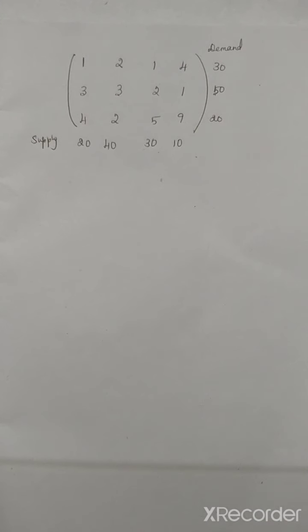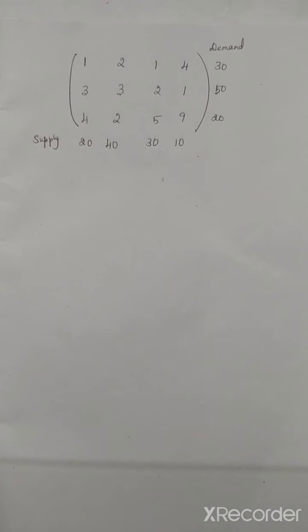In that row or column you have to choose the smallest element. Compare the demand value and supply value. Allocate the value in that cell. You just cancel that row or column and adjust the value of demand or supply. In the next step again you have to find the penalty value for each row and each column. You have to go step by step. In the end you have the result. So we have to go with the problem.